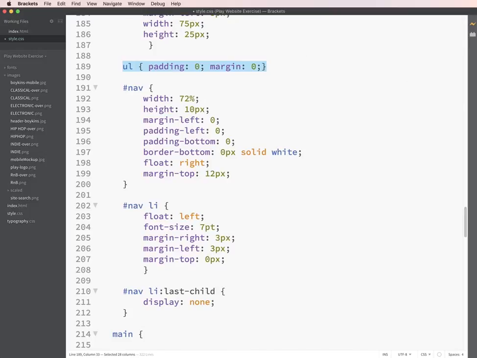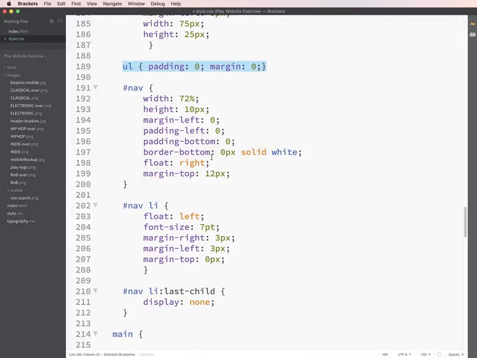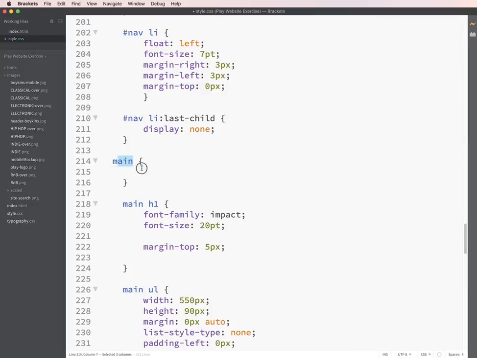Okay, everybody, welcome back here. Here's where we stand. We got the head part of this completed, right? We got the inspire, create, play looking good. And I believe I copied most of the other styles into this already, right? So we were kind of working on the main before, and then we realized we had to fix that problem in the navigation before proceeding. So we did that at the end of the last exercise, and now we're ready to move forward